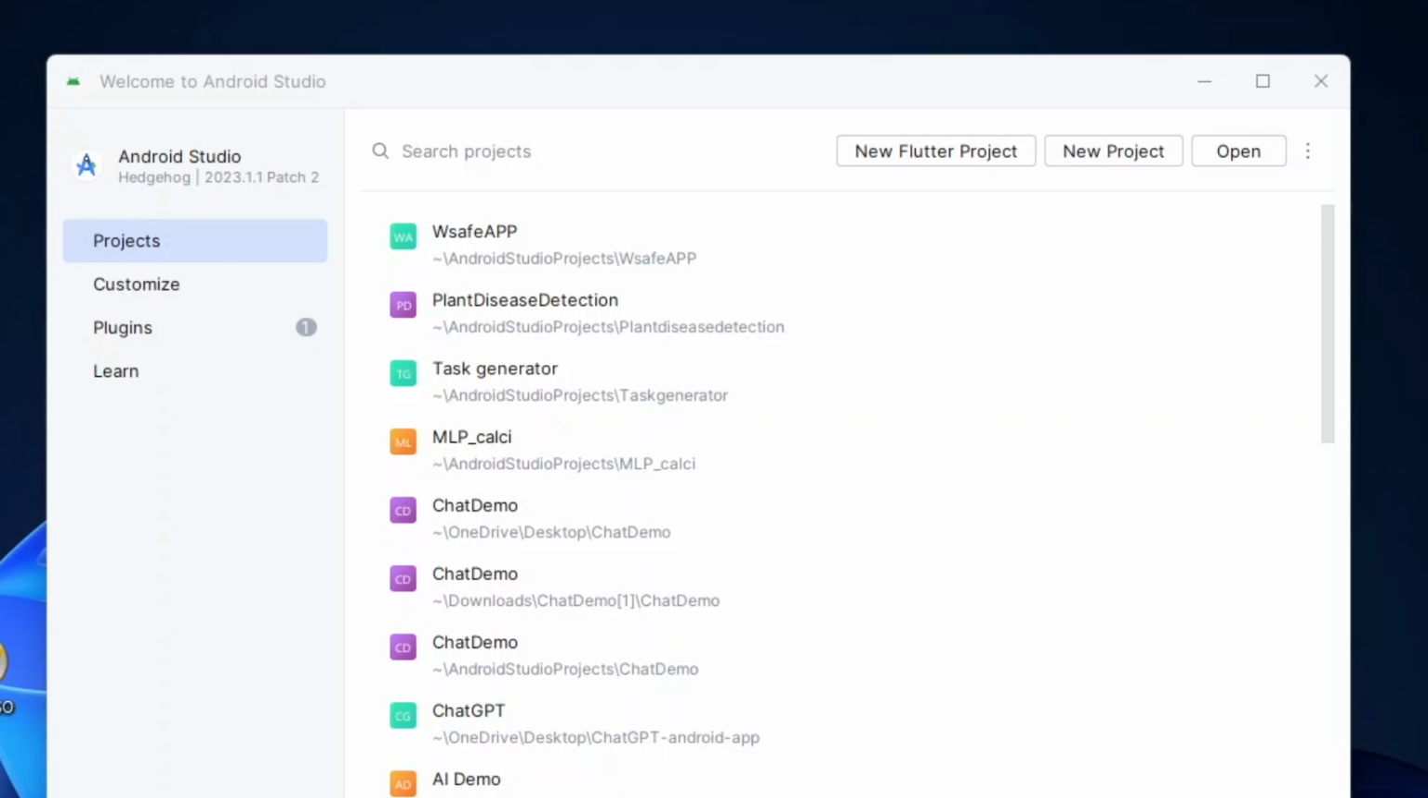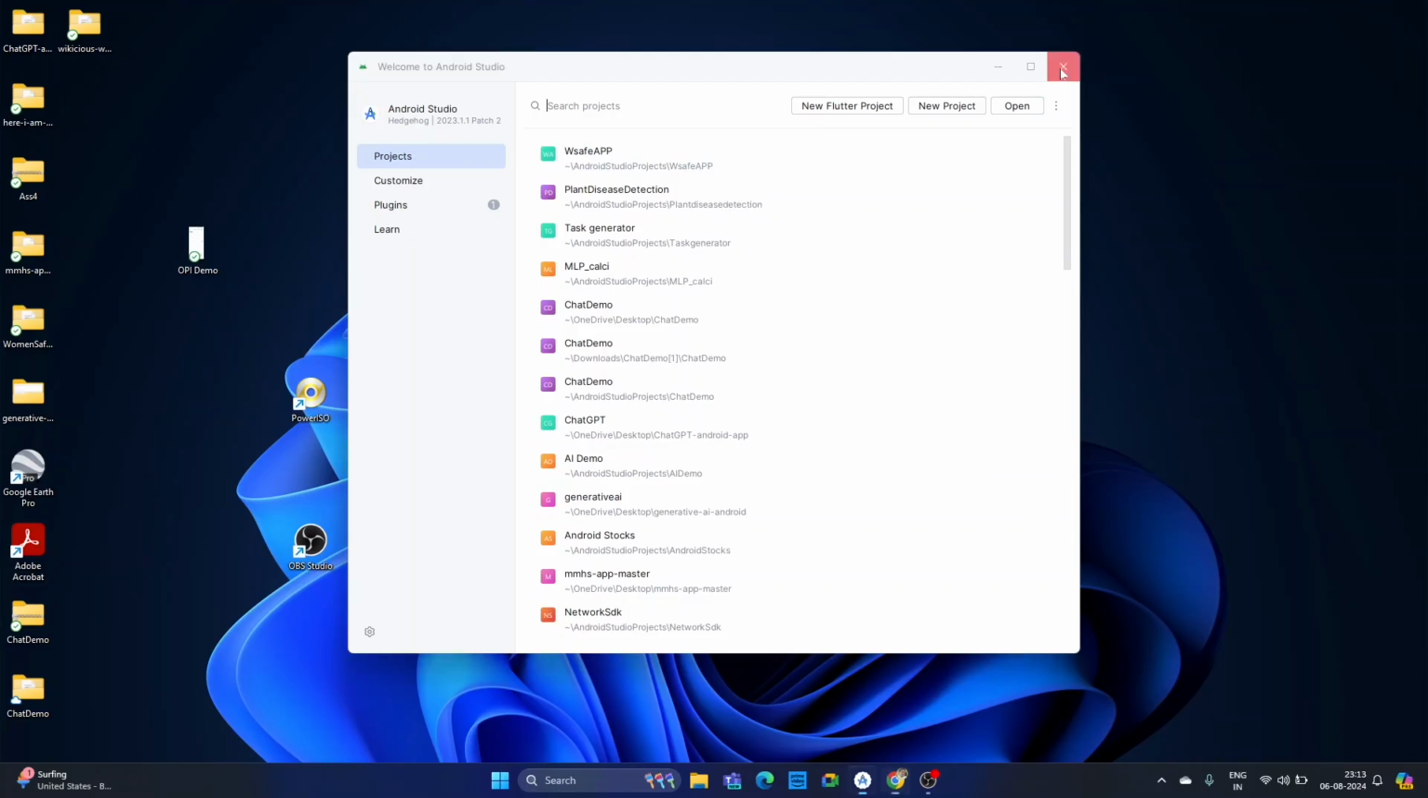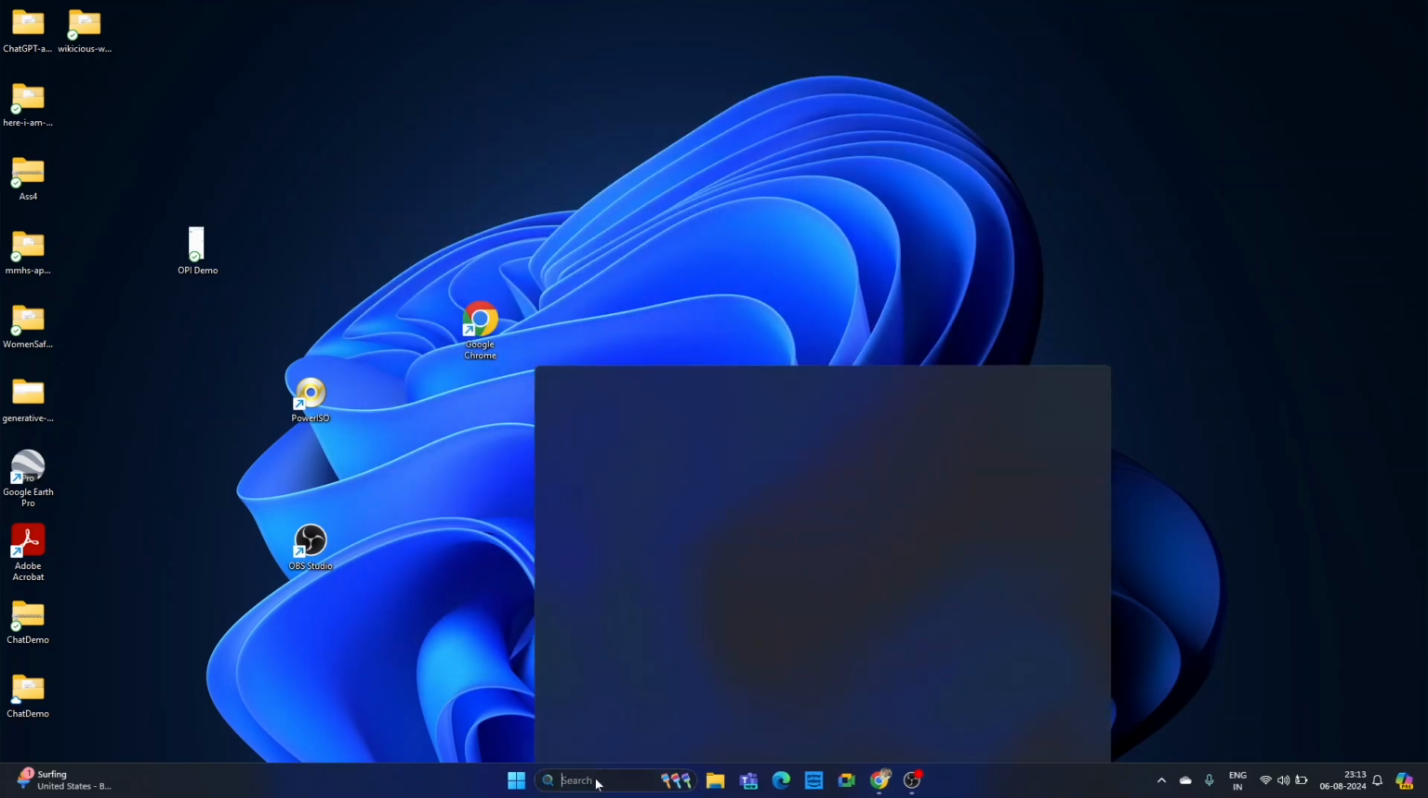So first of all, you just open your Android Studio. How can we open it? First of all, you have to install Android Studio from the Android Studio website. You can just download it and install it. Once you install it, you will get the icon like